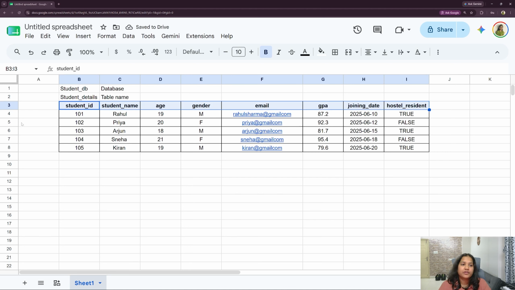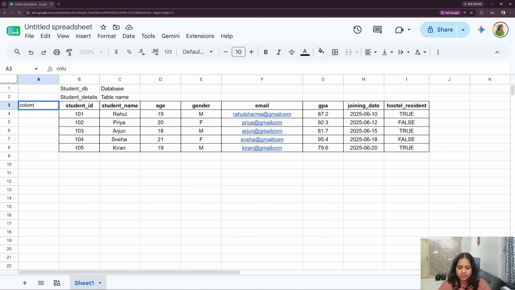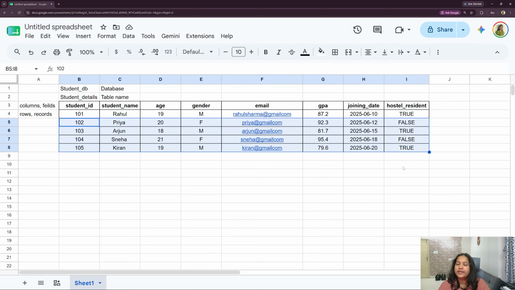If I refer columns or fields, both means I'm talking about the columns, student ID, student name, age, gender, these columns. If I tell you rows or records, both means I'm talking about these rows, this entire row, row 1, row 2, row 3, 4, 5, like that. Okay, so these are rows and columns.